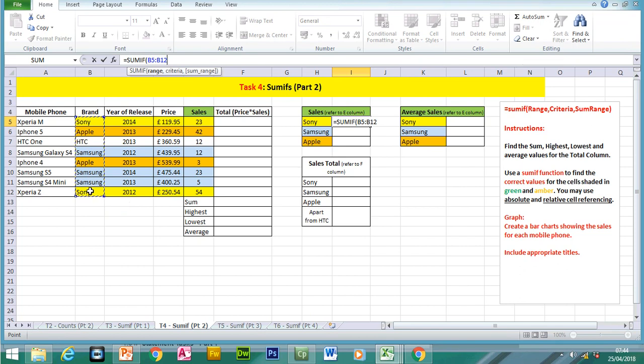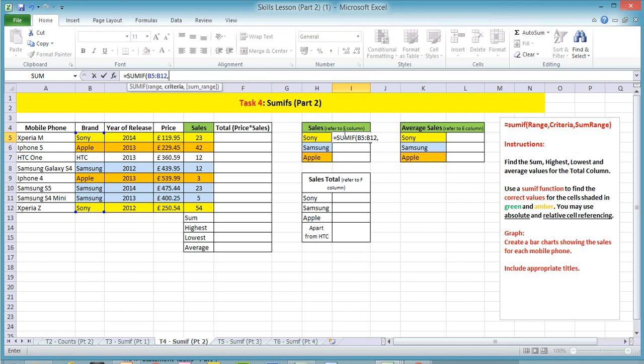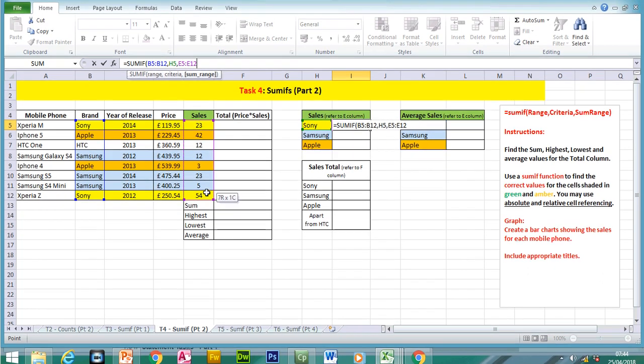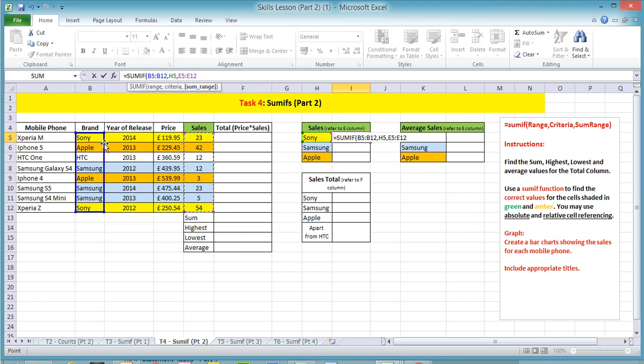I'm going to do this question two ways. The first way, I'm not going to use absolute cell referencing, and the second way, I will, just to show you the difference. Then if I type in comma, the criteria, I can either click on the cell containing Sony, or I can write it in speech marks, comma, and the next part is the sum range. Which range are we going to add from? The sum range will be parallel to the range. So if I just close the bracket and press enter,